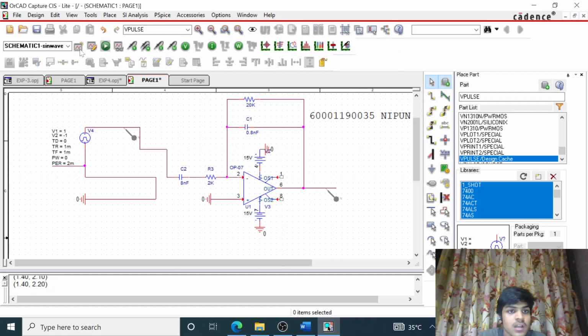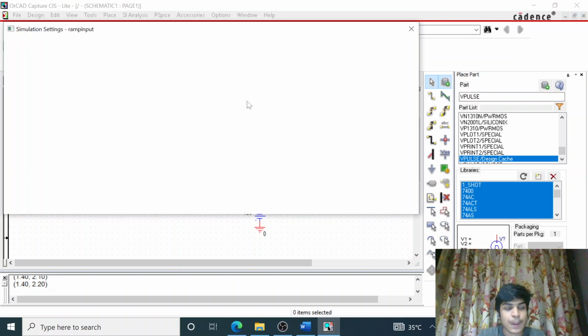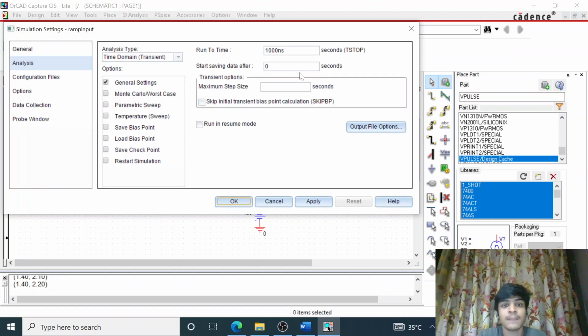Okay, so I'll be creating a new simulation profile. This time it's going to be ramp input. I'll give it 10 ms again, 0.01 again, apply.